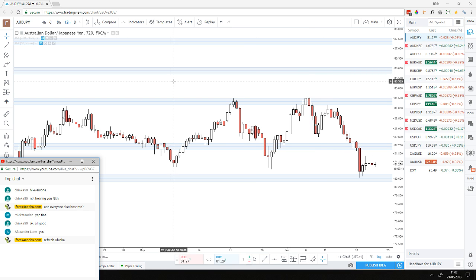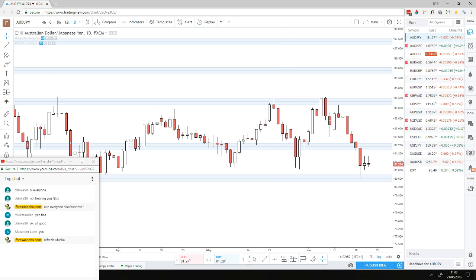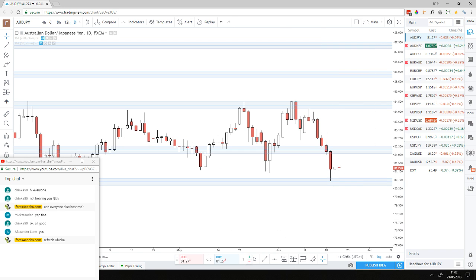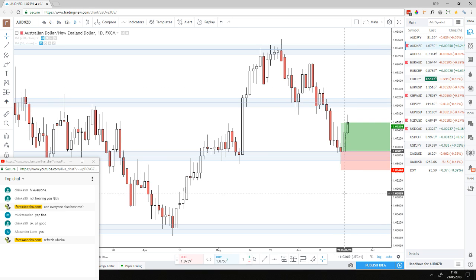All right, so you're looking at an AUDJPY daily chart now. AUDJPY, there's nothing much really that I would want to trade here because it's in between support and resistance right now. It's right in the middle of support and resistance, which makes it a little awkward to trade. So I'm not going to do anything with this one. AUD New Zealand,